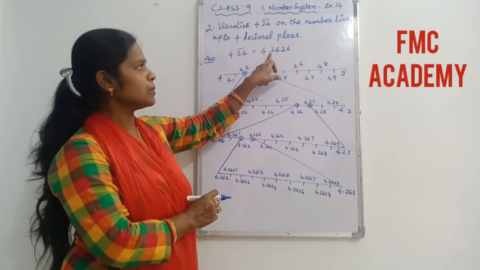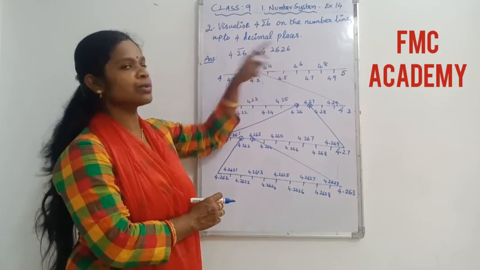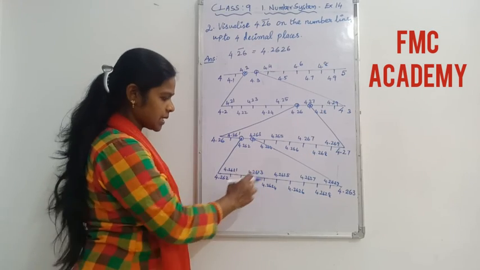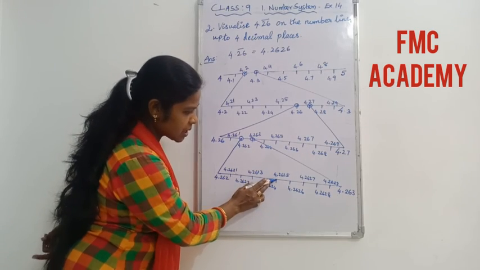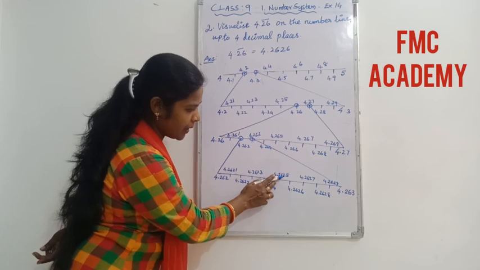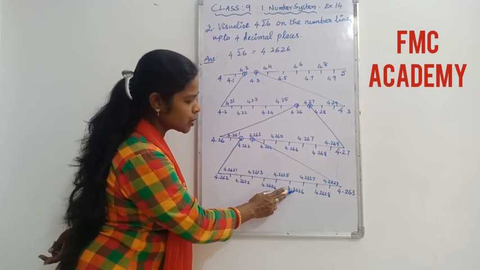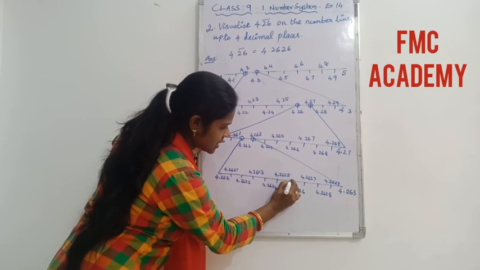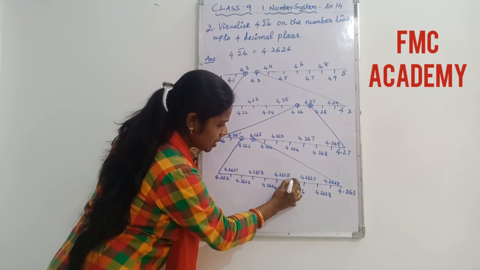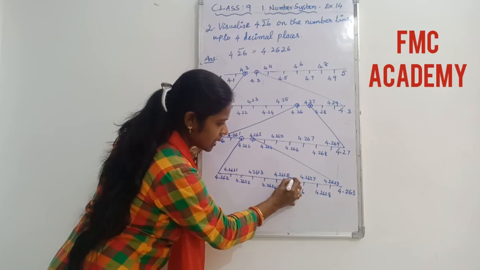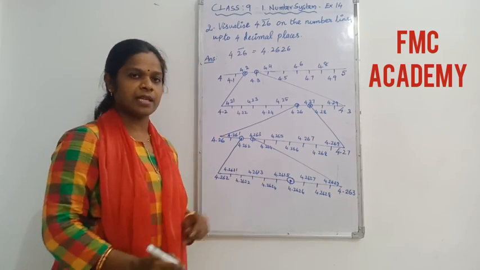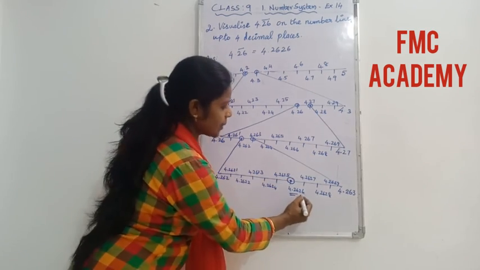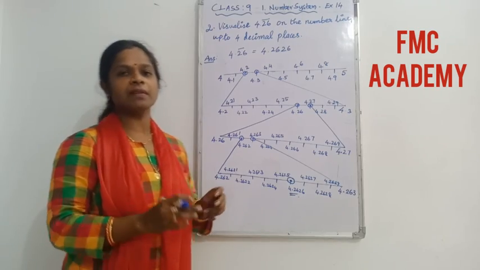Okay, so just now see what we need. We have to locate 4.2626. So you can search over here whether it is there or not. So just see here, this one is 4.2625 and the next number is 4.2626, which is given over here. So our answer is over here. Means we have visualized the number on the number line. The place is over here. That's it. So this is the required number. That's it. So it's, I think, very simple.